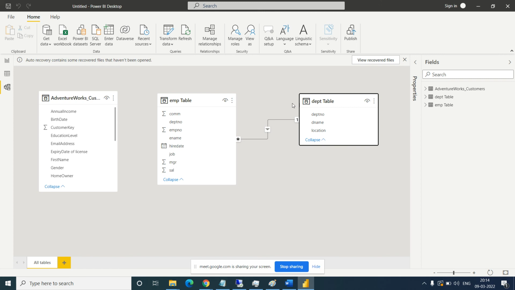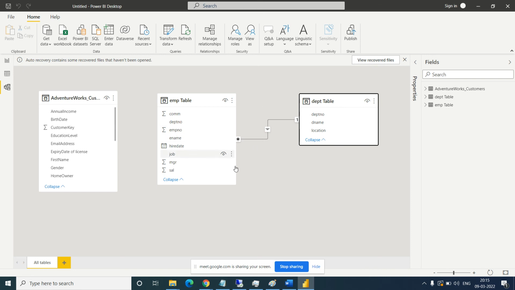Okay, so there is one value and there are multiple values which are matching, right?